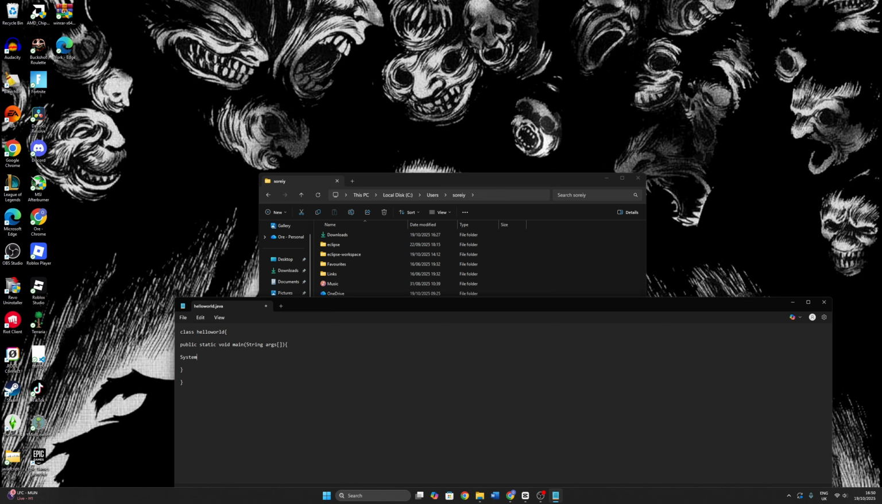System has to be capital S, .out.println. Open the brackets, inside here put your speech marks, and now we can add the famous hello world. And don't forget to add your semicolon to end your line. But this will all be inside the description. The only thing you might need to change is this, which is the name of your file. Once you've done this, File,